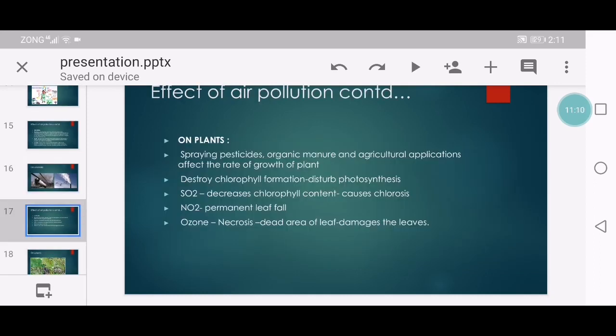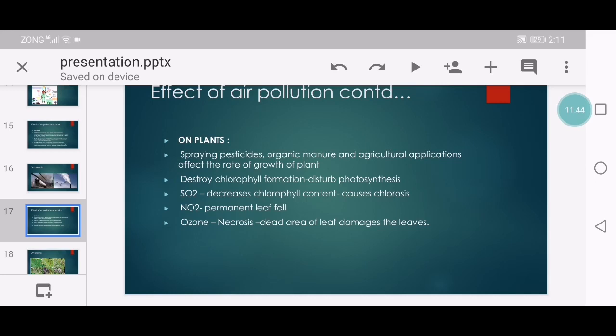Then the effect of air pollution on plants. How air pollution affects plants also. Air pollution injures plants in several ways. Injury to foliage may be visible in a short time, or it can develop slowly as a yellowing or chlorosis of the leaf, or maybe a reduction of growth of a plant, like spraying pesticides, organic manure, and agricultural application